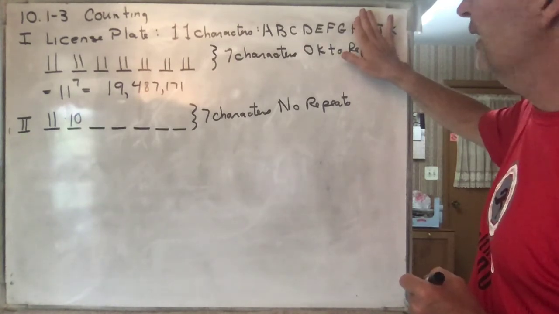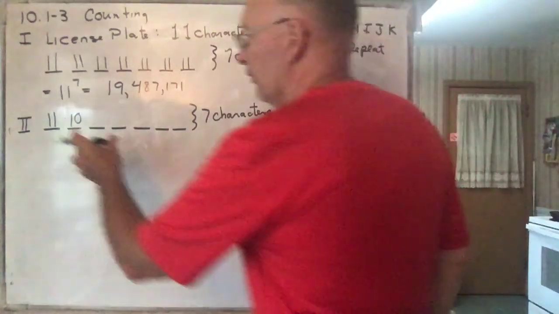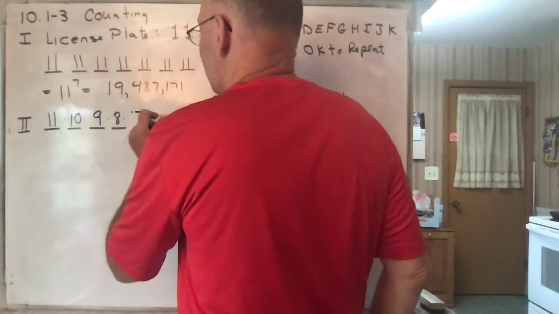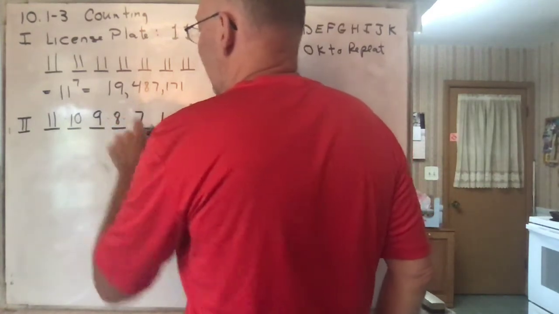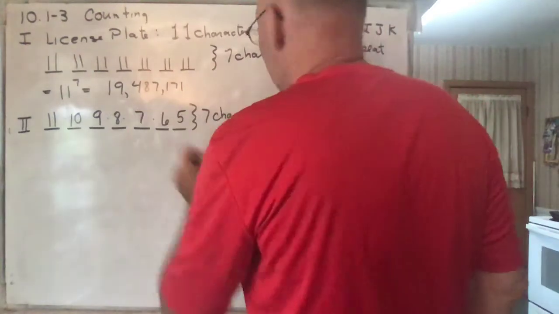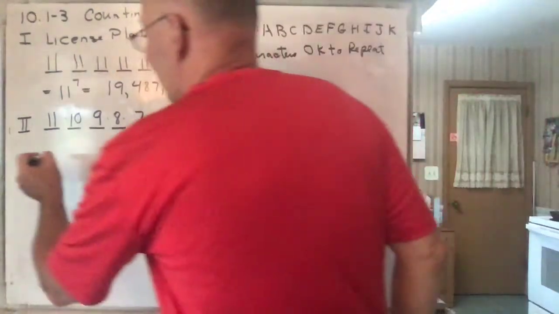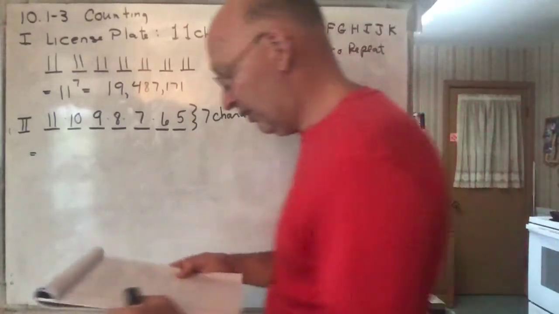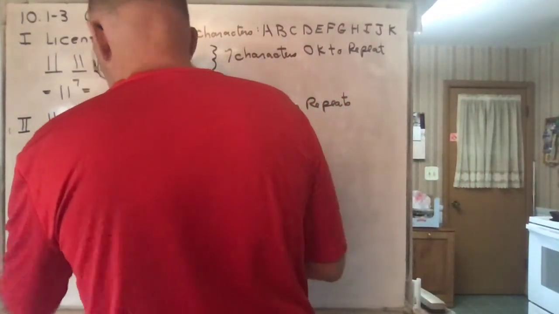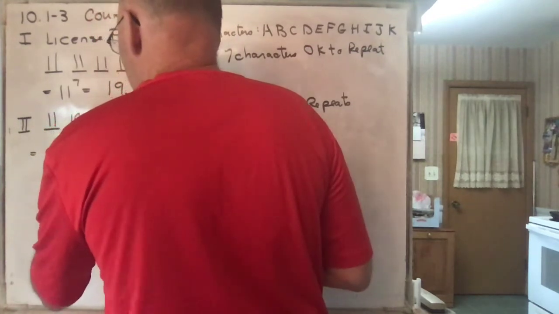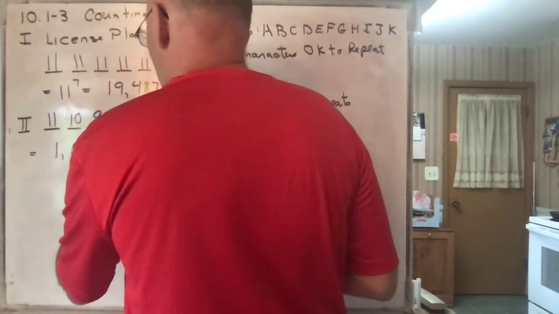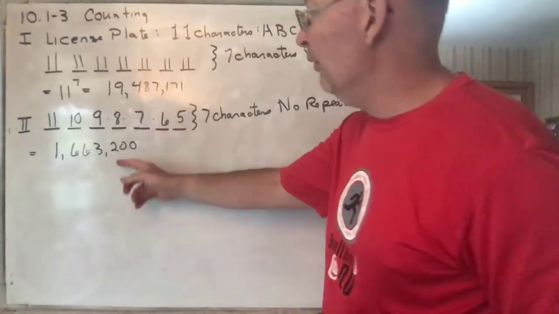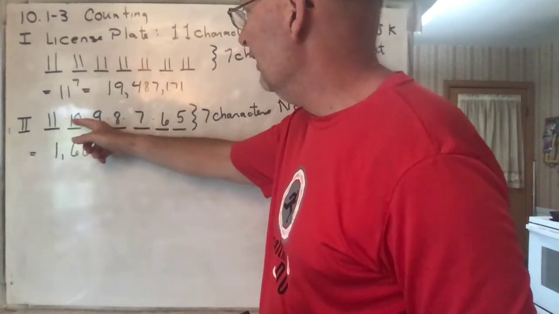How many do I have now for my third? Whatever I chose here, I now have 9 choices here. Then you can see 8, 7, 6, and 5. So you multiply all those together, and I'm kind of surprised, you get only 1,663,200. Okay? So look at that, we went from 19 million to 1 million just by decreasing these one at